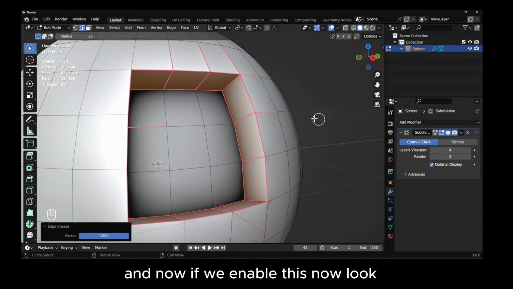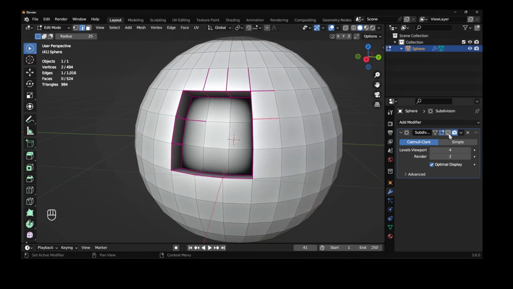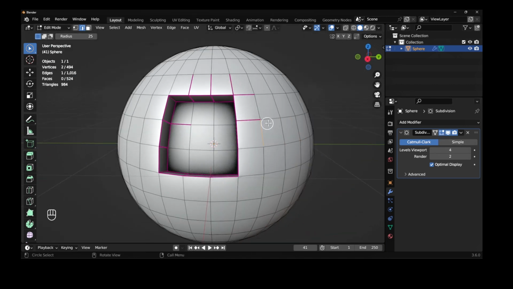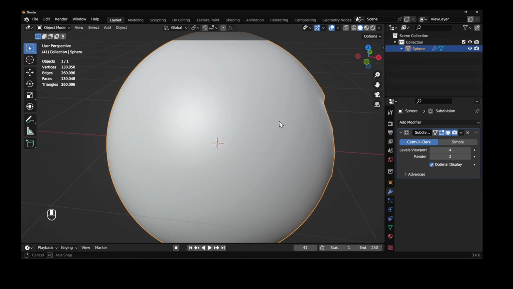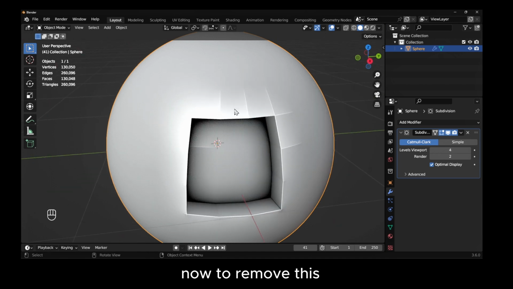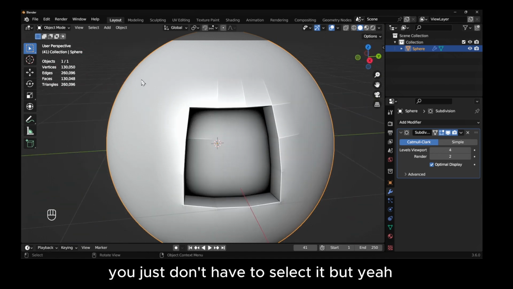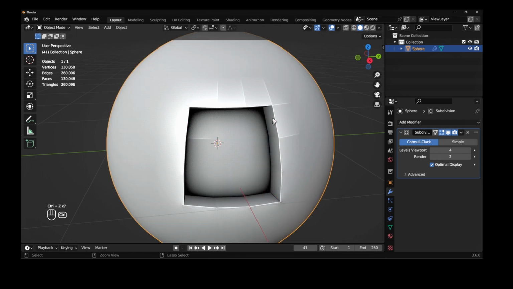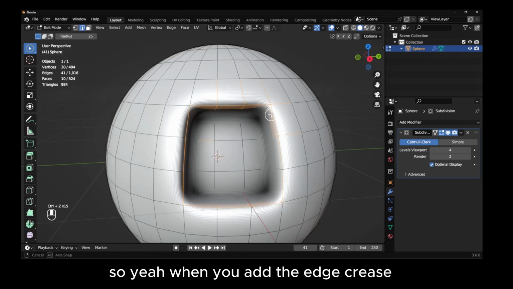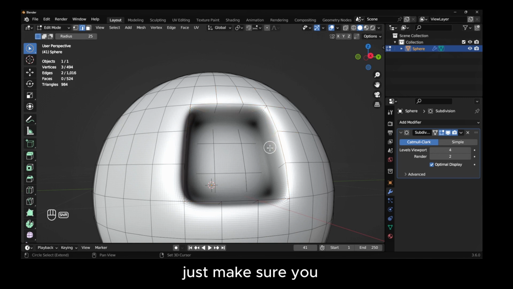And now if we enable this, now look. Now to remove this, you just don't have to select it, but yeah. So yeah, when you add the edge crease, just make sure you